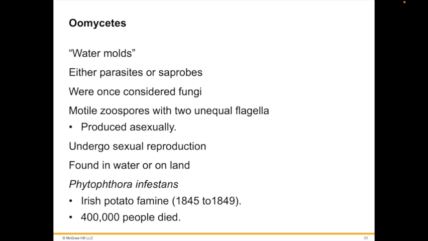So one thing to mention about the water molds is Phytophthora infestans, which causes late blight of potatoes. It was one of the multiple factors, including weather and the oppressive social conditions, that contributed to the Irish potato famine of 1845 to 1849. During the famine, over 40,000 people died, starving or due to diseases by way of that complication. And about 2 million Irish immigrated to the United States and elsewhere.